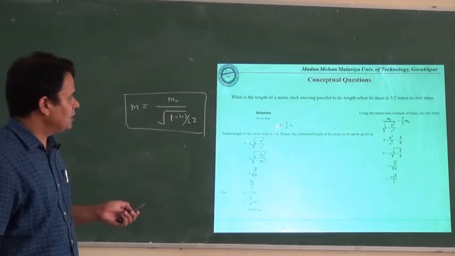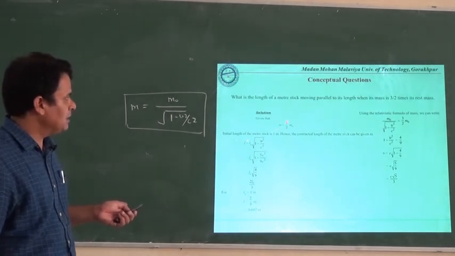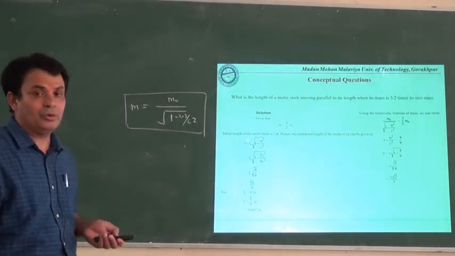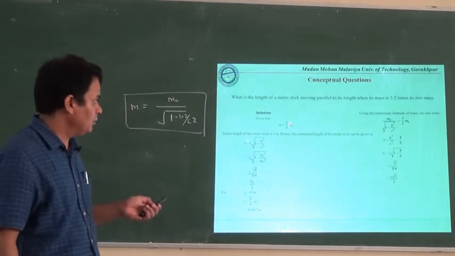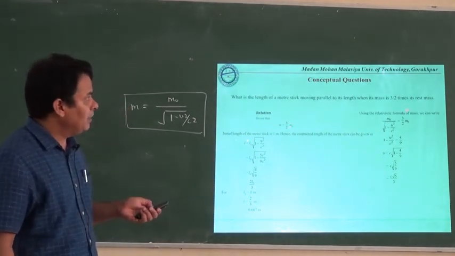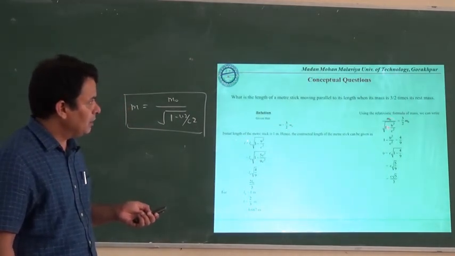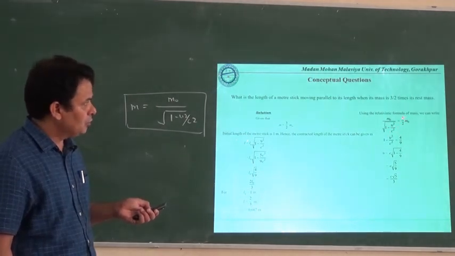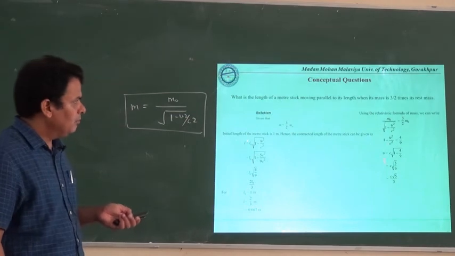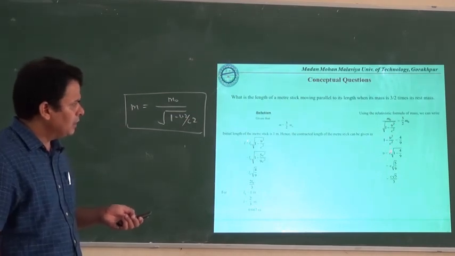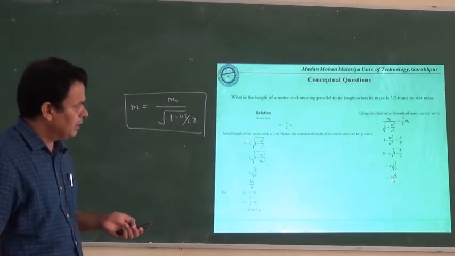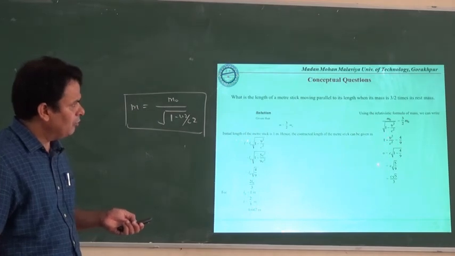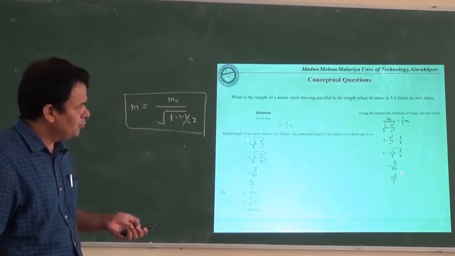So here the expression is m, the varied mass, is equal to 3 by 2 into m0, where m0 is the rest mass. And if we compare with m0 upon under root 1 minus v square upon c square, this is given to be equal to 3 by 2 of m0. By putting the values, we finally have the value of v, that is c root 5